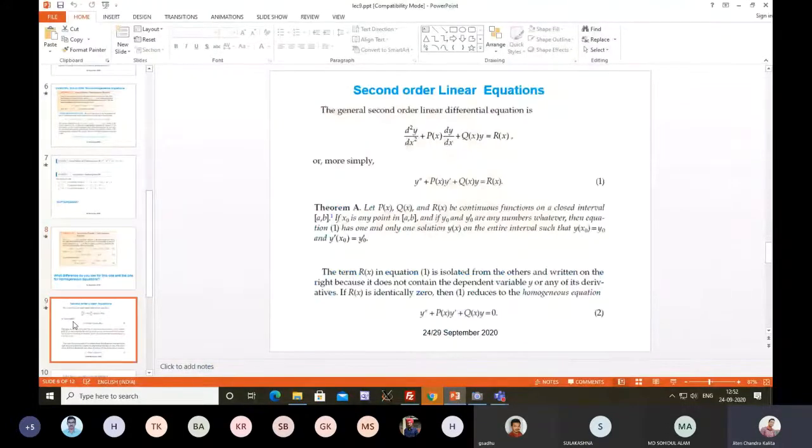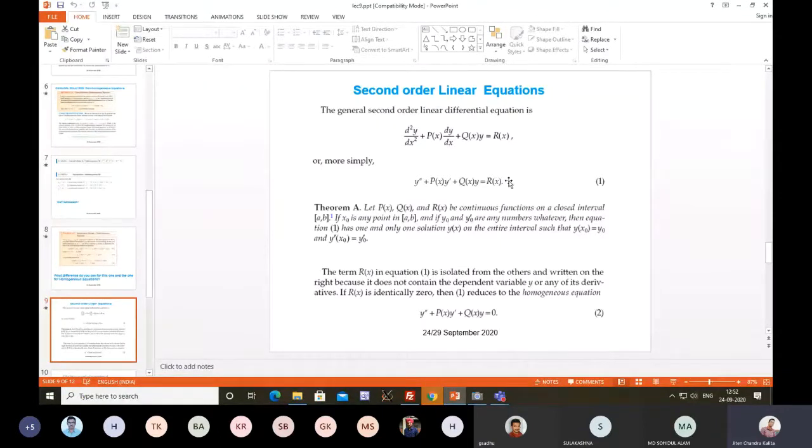Okay. So what I'm going to do, I'm going to simply consider it in this form. So this is a second order linear equation 1. This is of course a non-homogeneous linear equation, and then this theorem A is nothing but the existence and uniqueness theorem for the second order non-homogeneous equation. I have already described it yesterday. Okay, fine. And again, if you plug in R(x) to be equal to 0, and that means if the right hand side vanishes identically for all x,